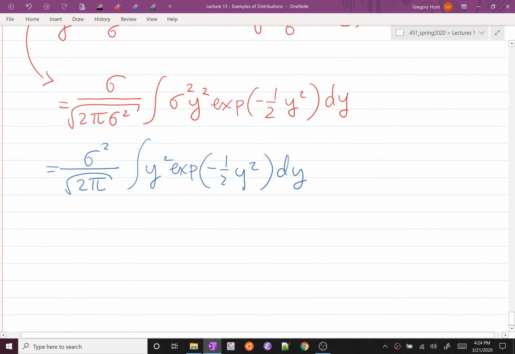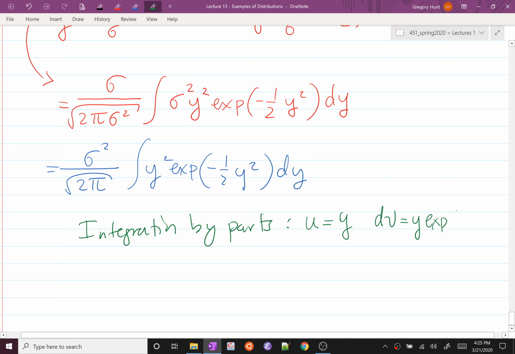Now I'm not going to solve this integral totally. I'm just going to say that we can do integration by parts. So here's our integration by parts problem. And I'll give you, and you can work out at home, how to do this. U is going to be y, and dv is going to be y exp of negative 1/2 y squared dy, right? So this thing is now just sigma squared over root 2 pi